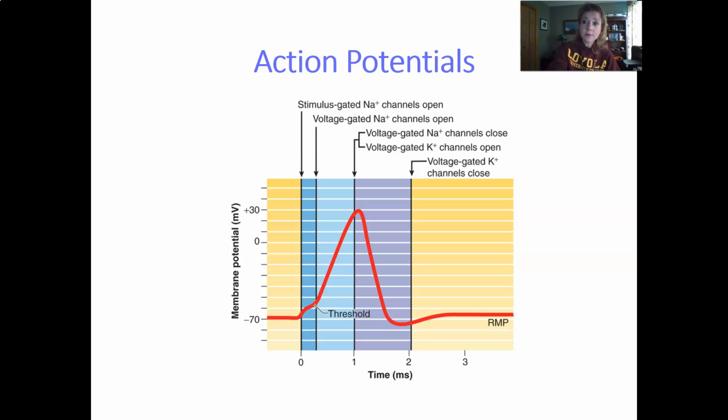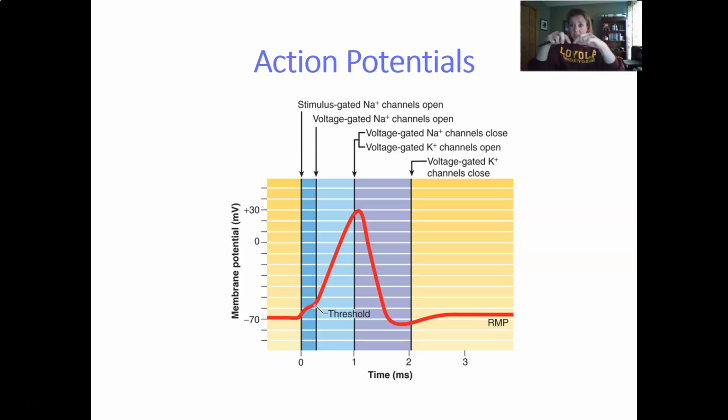And this could be in the form of a neurotransmitter, for example, because remember, the very first channels that are going to open are the stimulus-gated, also known as the ligand-gated sodium channels. So some neurotransmitter is going to come along, bind to a couple of receptors in the input zone of our neuron, and it's going to cause these channels to open. If enough channels open and enough sodium flows in to raise our resting potential to about a negative 59 millivolts,